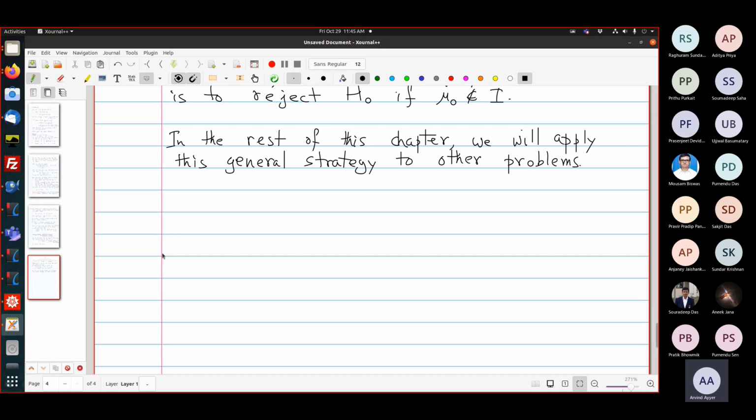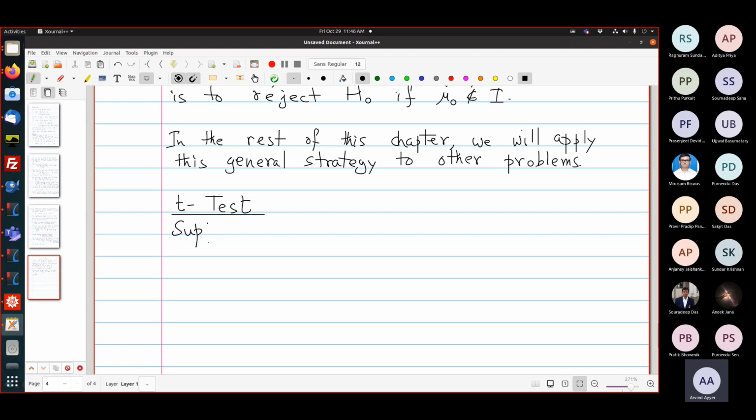So there are of course some subtleties that need to be taken care of, which I will mention as we go along. So in the next maybe couple of lectures, we will talk about this. Okay. So the next thing was the case when the t distribution appeared, and this will lead us to the t test.